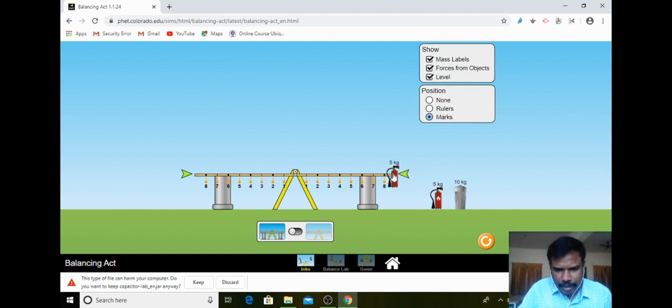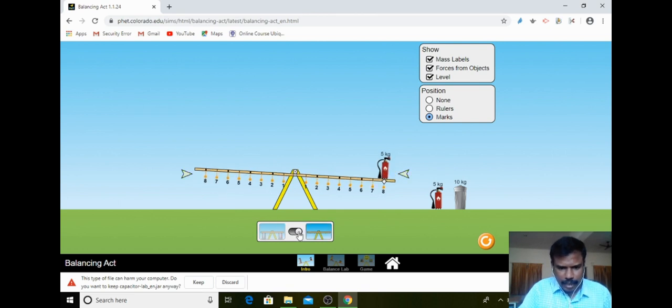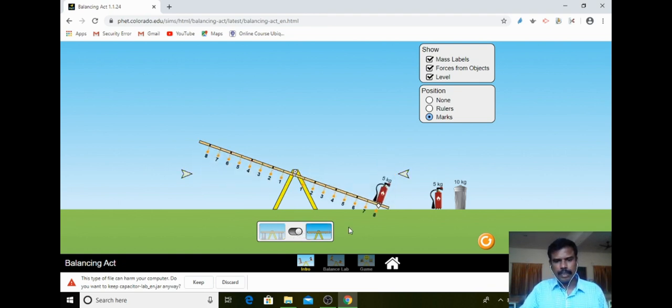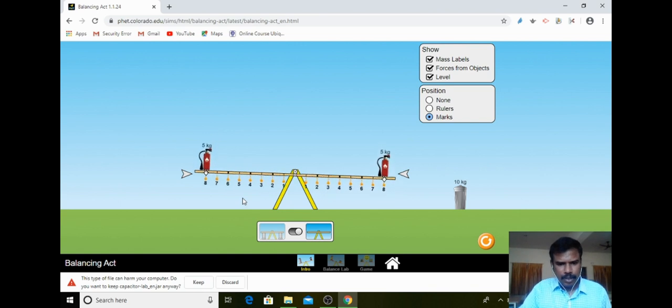For example, if I balance it in the place of 8, what will happen? So here I am balancing, and here I will change it. After removing it, this is the normal position. Suppose if you take the stand, what will happen? After that I will change this to the 8th place. Actually it will balance. Like that, the simulation can be used for explaining the basic concept to the advanced concept to the students. While seeing this, the students will be able to understand easily, and we can create interest among the students.